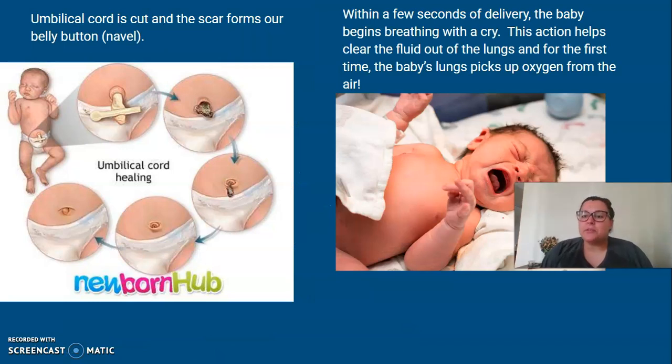Alright, so a couple of things that I wanted to show you about babies when they're born. The first thing is that when a baby is born, we do cut the umbilical cord. I know probably in movies and stuff you probably saw that, like the father will cut the cord. So the cord is cut, and that little piece that scars that you see there, that is our belly button. So if you go look at your belly button, that's where your umbilical cord was once connected to the placenta